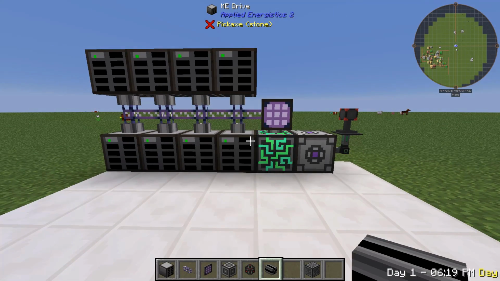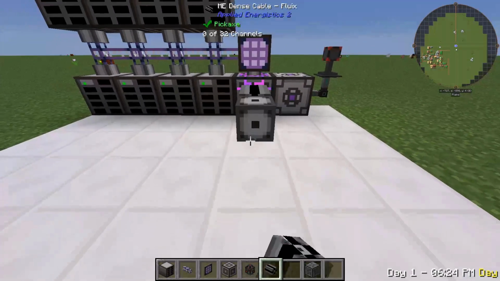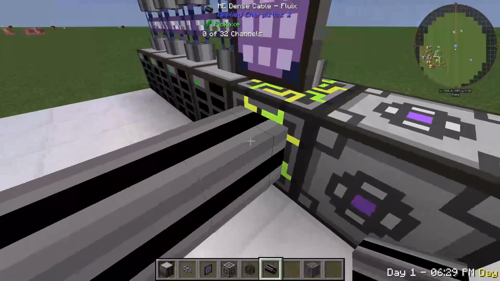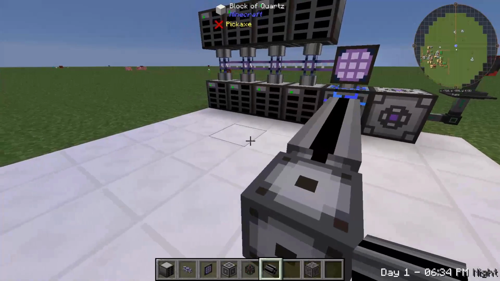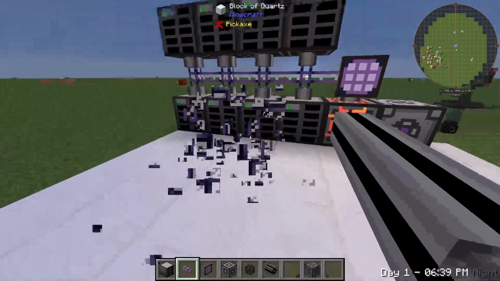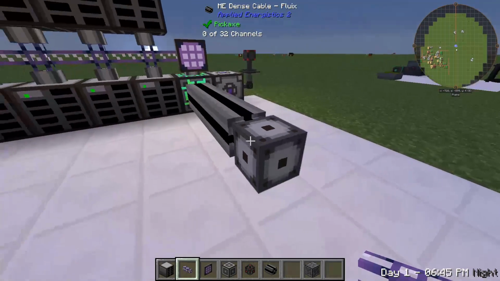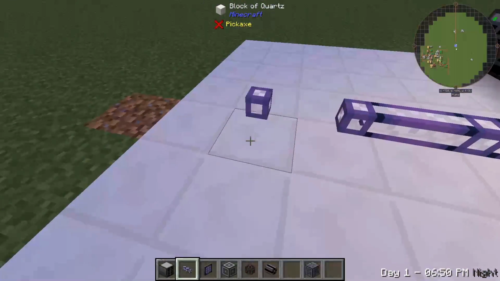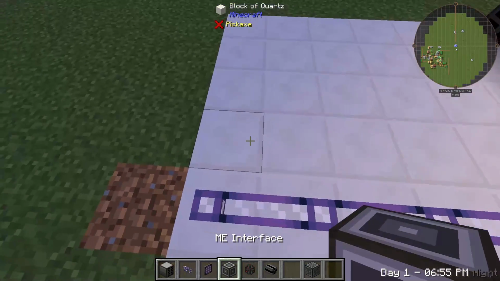Okay, so let's say you want to expand your network. What you can use is this dense cable, which will allow you to use 32 channels per face. Now these normal cables can only do 8 channels at a time, but these thicker dense cables can do up to 32 channels. So, for example, if I plop down my cable here and I try to do more than 8 channels, for example, with interfaces here,